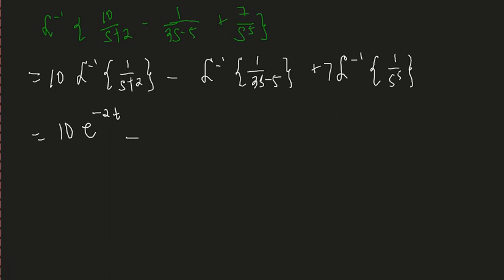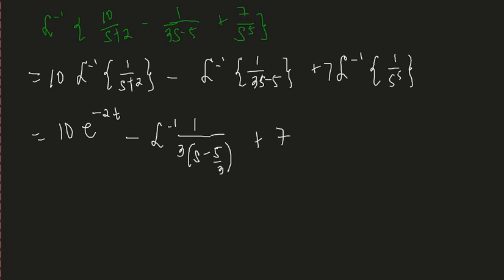So next, since we have 3s minus 5, we can convert or transform it. So I can factor out the 3. So this will be equal to inverse Laplace transform of 1 all over, so I factor out 3, this one will be equal to s minus 5 all over 3. So if I factor out the 3, to get the 5, I also need to divide 5 by 3. So plus,